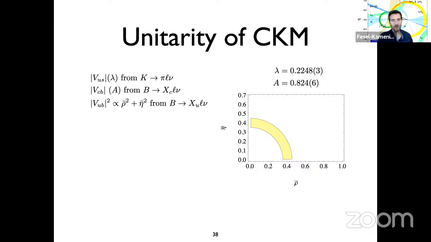So this is if the measurement of VCB or A is made by B to C charge currents, then the measurement of VUB or rho bar squared plus eta bar squared is made by B to U charge currents in the Standard Model. Okay, and this measurement then can be projected on this plane and is basically, if it was exact, would give